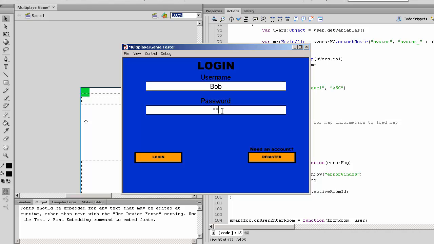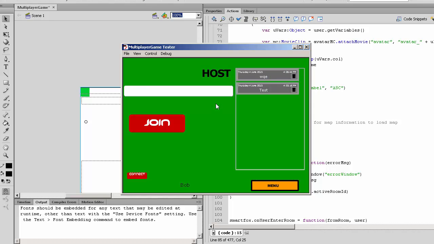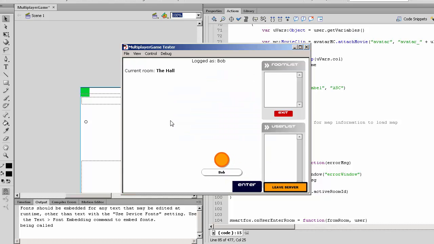Again, I'm logging in with Bob. Selecting test, connect, and join. So it is being called,